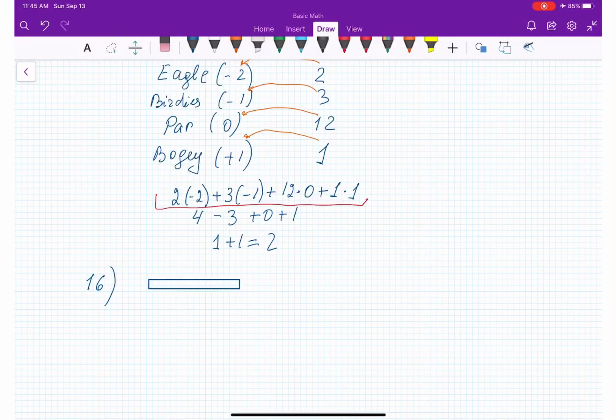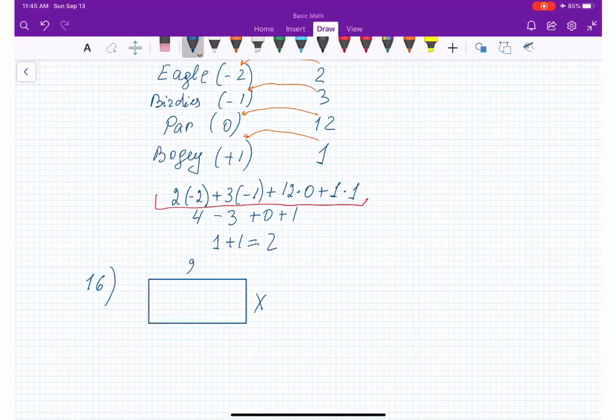A rectangular table is twice as long as it is wide. So if I take width as an x, then length is going to be twice as long, right? 2x. So let's write down: